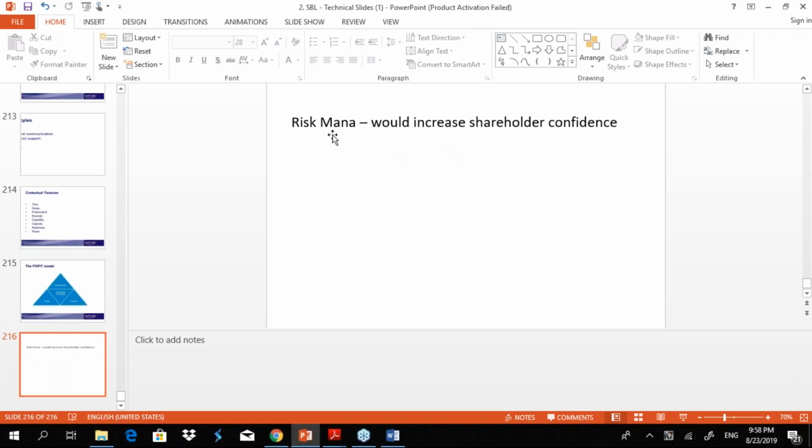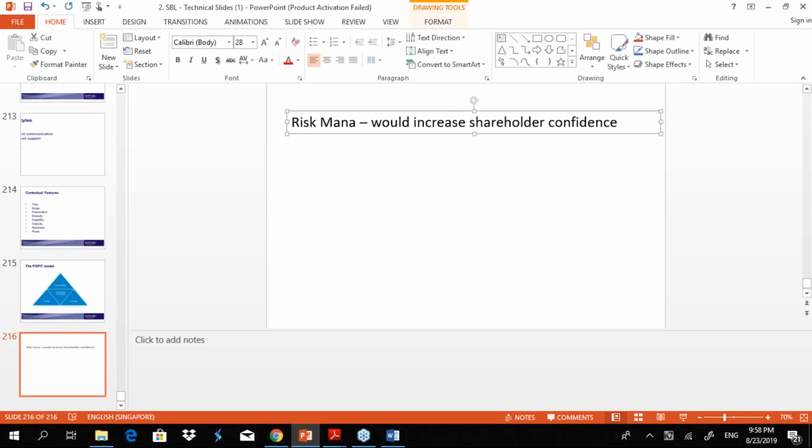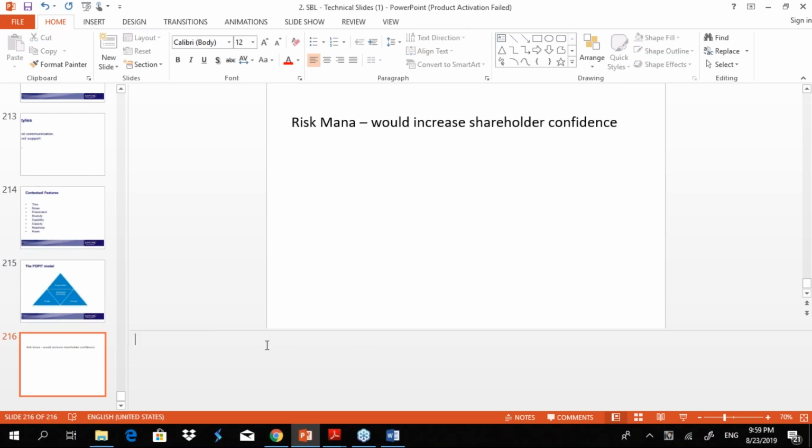So we just put a point on the slide that says risk management would increase shareholder confidence, and then you give this slide to your CEO. Now him reading this will not understand if he does not know much about what risk management is and shareholder confidence and all about. So in here at the bottom part you can see the moving cursor.